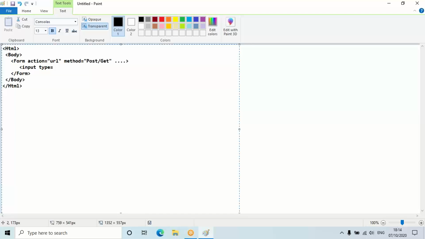We have all types here: text, password, then submit, reset, button,